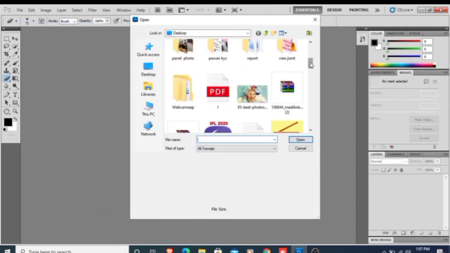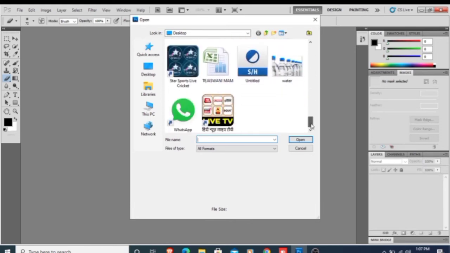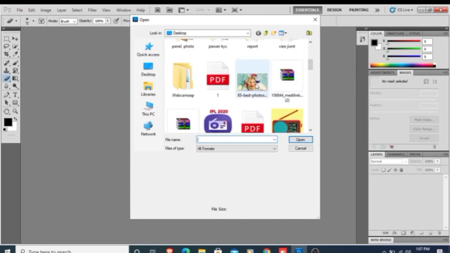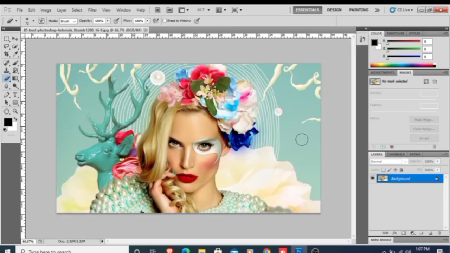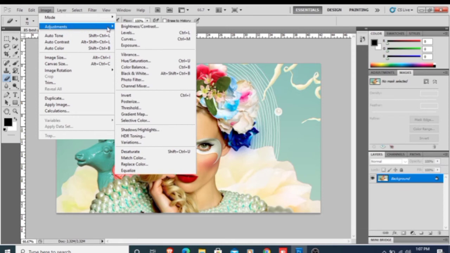Okay, so for that we have to take an extra bright image. For the practical work, suppose I have an image that is extra bright. I have to select that image from here. This one is my extra bright image. To improve its quality, first of all I have to select the Image option. In the Image option, I have to select the Adjustments mode. Under this we have to select Shadows/Highlights.